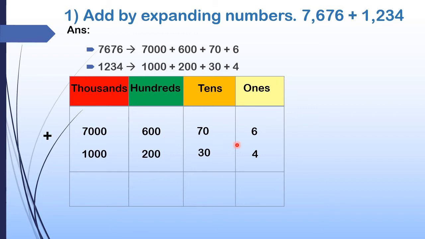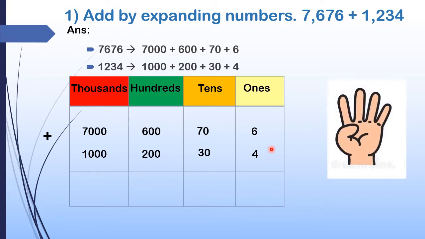Then what is the next step? So we have to start adding from ones column. Yes. So first you have to add 6 plus 4. Okay, keep 6 in your mind, 4 in your fingers. So after 6, 7, 8, 9, 10. So here we got the answer as 10. But this is ones column, no? Here we got a 2-digit number that contains tens, isn't it? So we have to carry over this 10 to the next column.